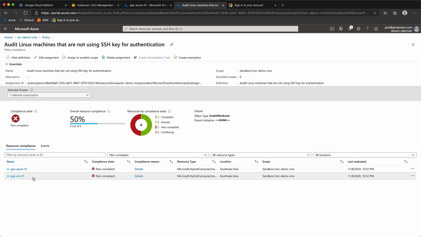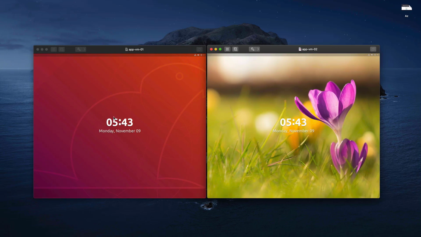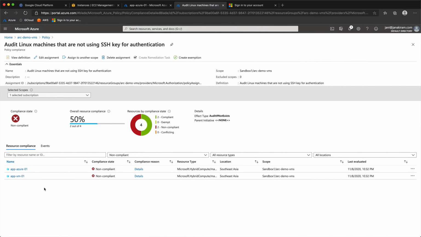And my other resource, which is appvm01, one of the vSphere VMs, I again disabled SSH and used a password and username combination. That's why it is non-compliant. If I want, I can actually remediate, provided I fix that issue. And after that, the agent that is running inside all these VMs can even perform remediation.